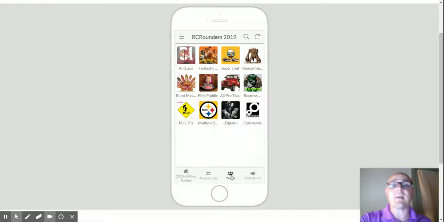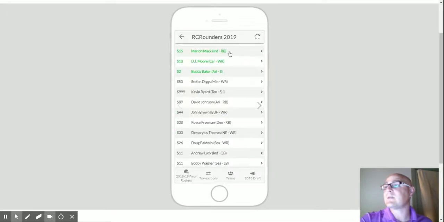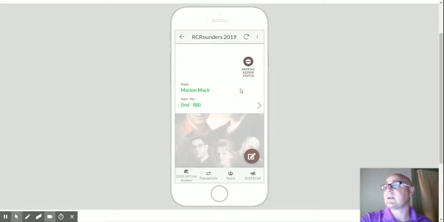Note, since I'm not requiring user sign-in, it's not a secure app, which means anybody can change the data. So don't go into other people's teams and change the data. Be good. Okay, select your team, scroll down to the inline table, and select the players that you want to